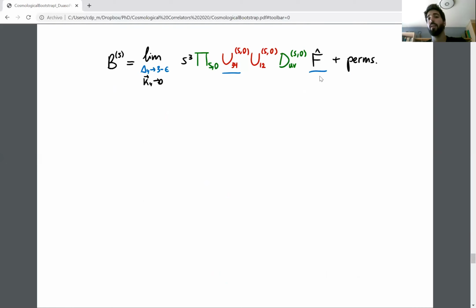One is the seed. Remember that this seed is just the correlator of 4 conformally coupled scalars exchanging a scalar, and we are deforming the weight of one of the conformally coupled scalars. So this means that it will no longer be a conformally coupled scalar. And the other thing that is affected is this weight shifting operator, just because it depends on the conformal weight.